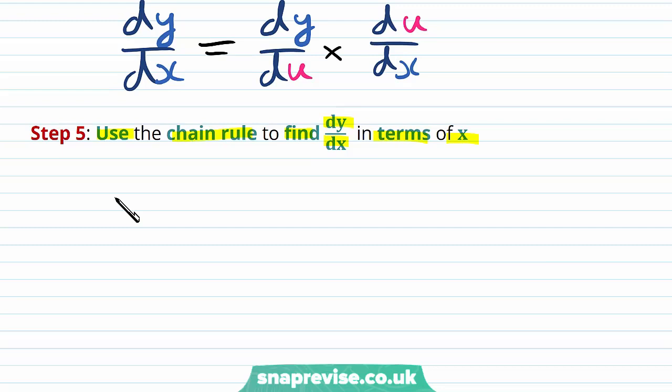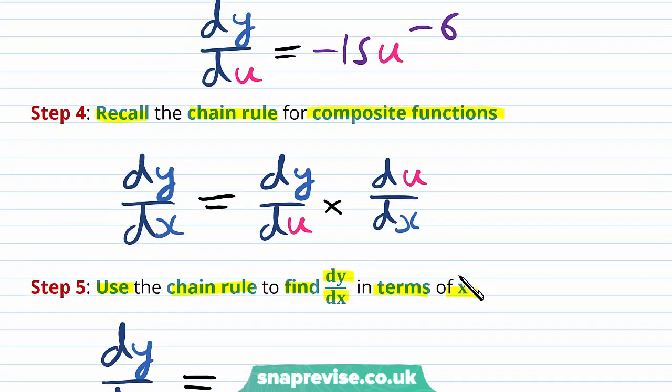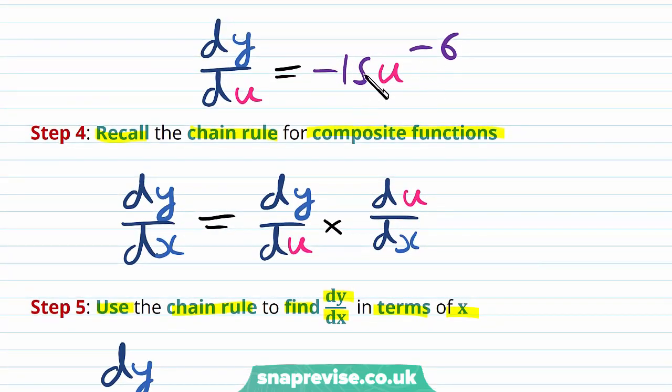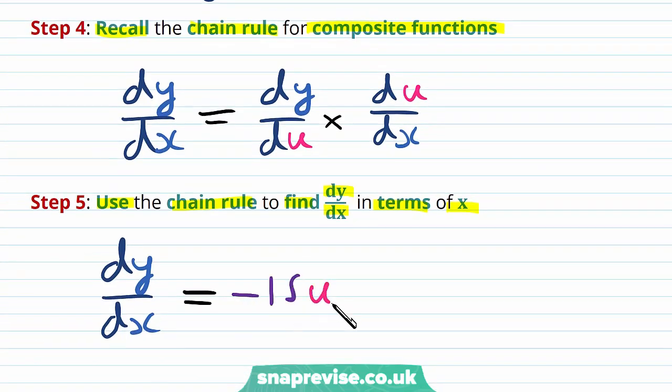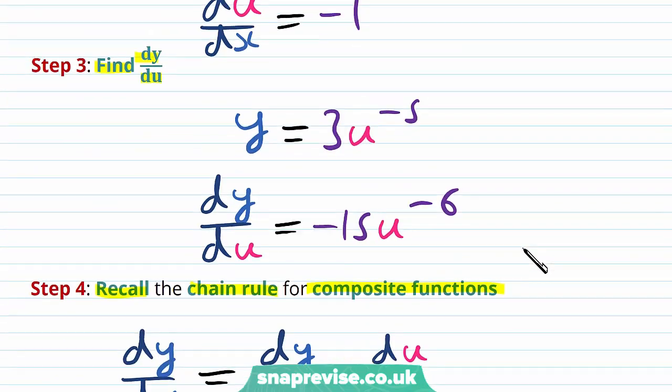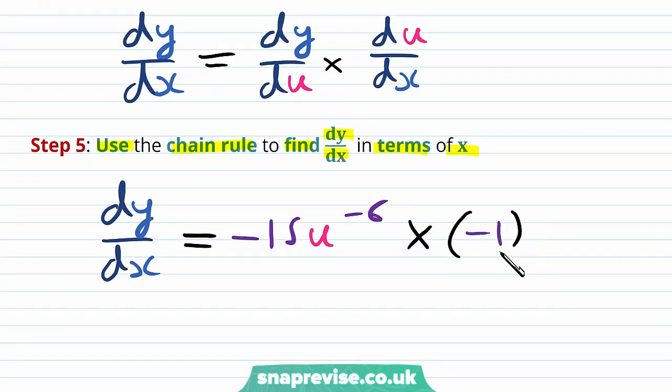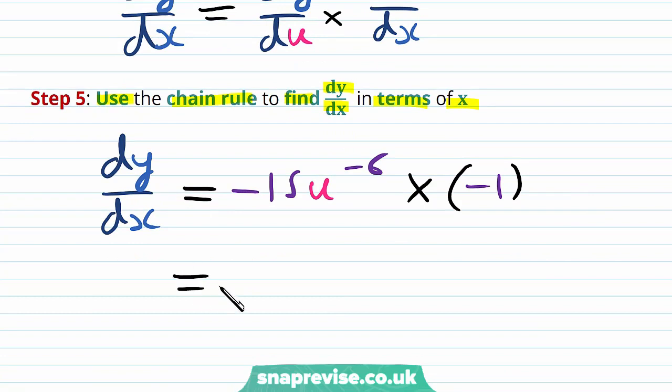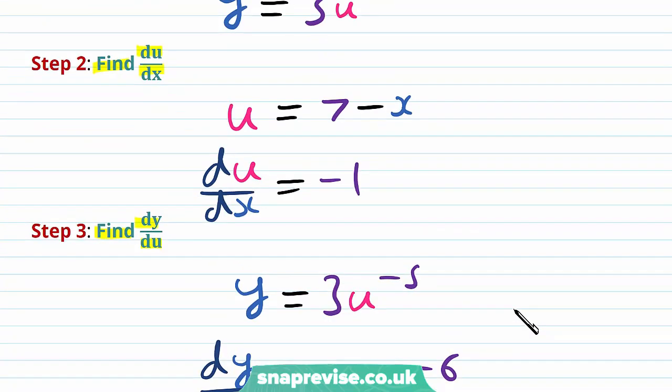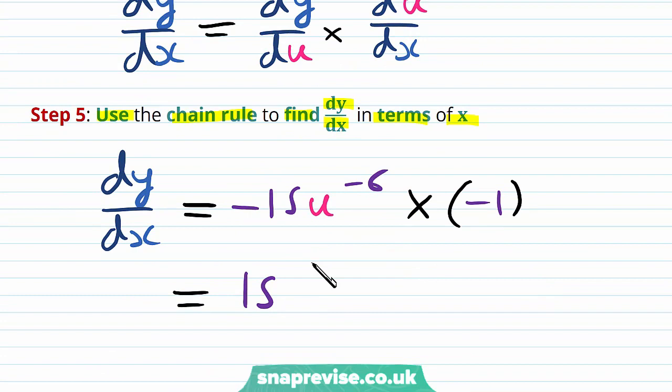And so we get that dy by dx, by substituting in our expressions for dy by du and du by dx, dy by du is minus 15 multiplied by u to the power of minus 6, and then we multiply by du by dx. Du by dx is simply minus 1. And so bringing the constants back together, we get a plus 15, and then resubstituting back for u, we have that u is 7 minus x, and so we get this multiplied by (7 minus x)